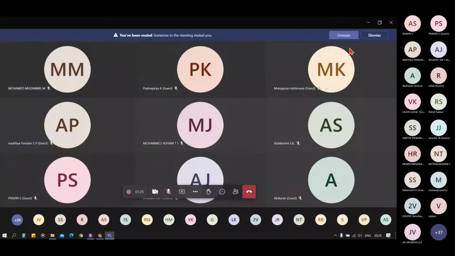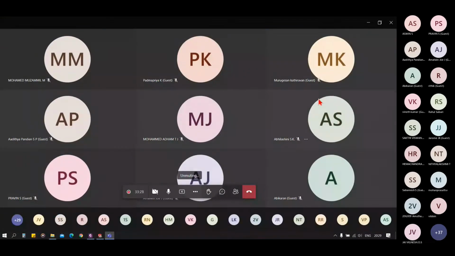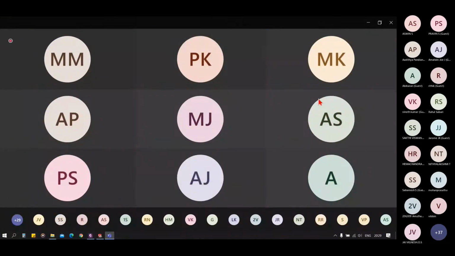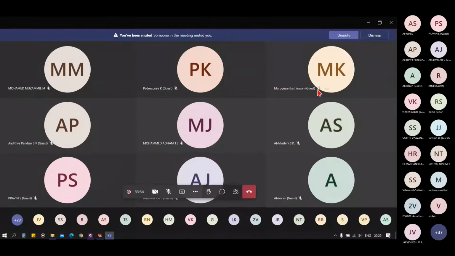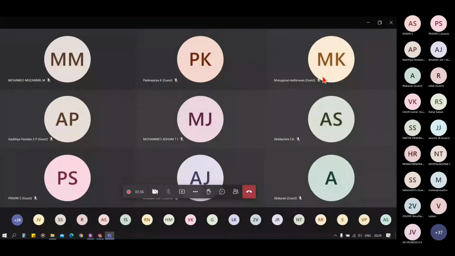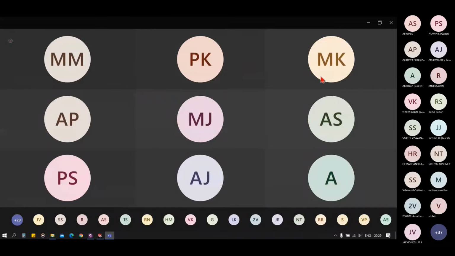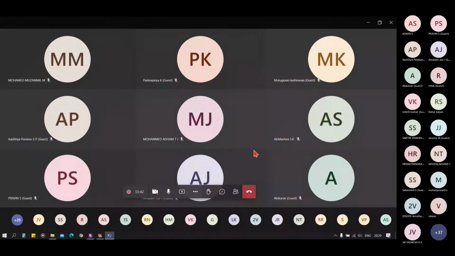Can you repeat, please? So both jog and sketch. Do not mute me. You are asking whether jog and sketch bend are similar features? Yes, sir.